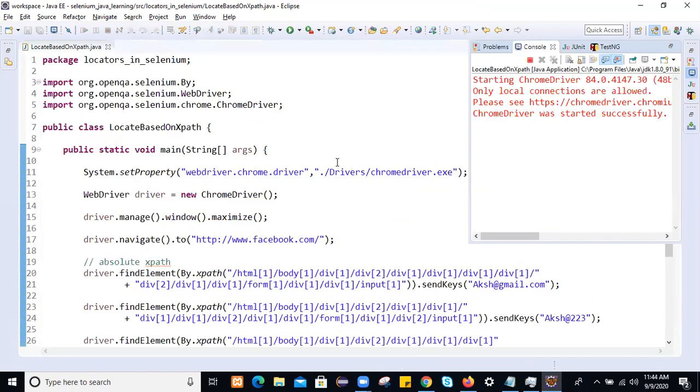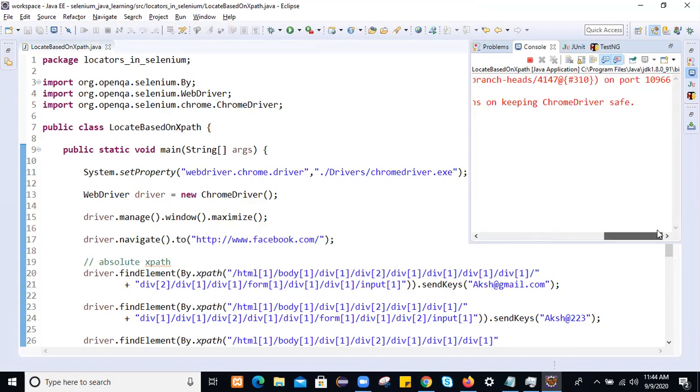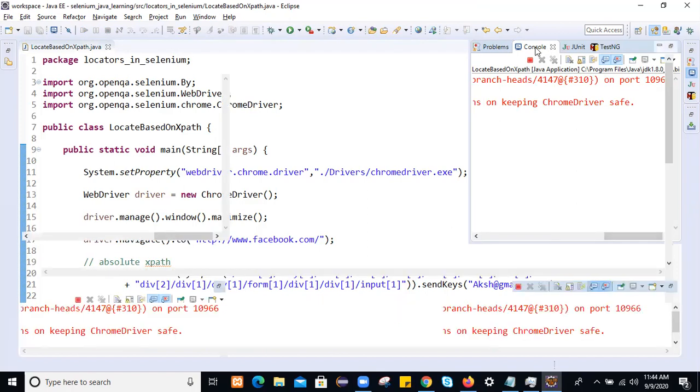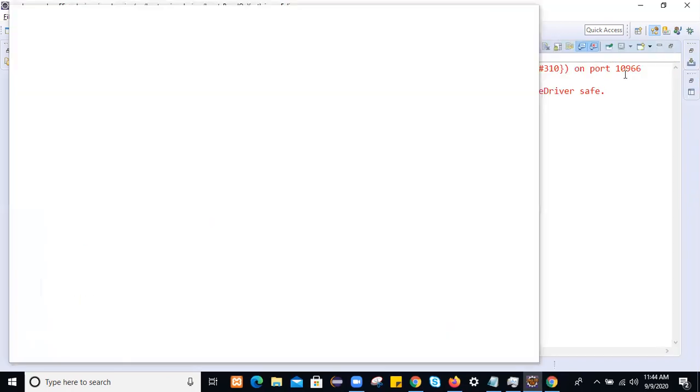It started the browser. Starting ChromeDriver on a particular port. What is the port? On port 10966, ChromeDriver used. Okay.